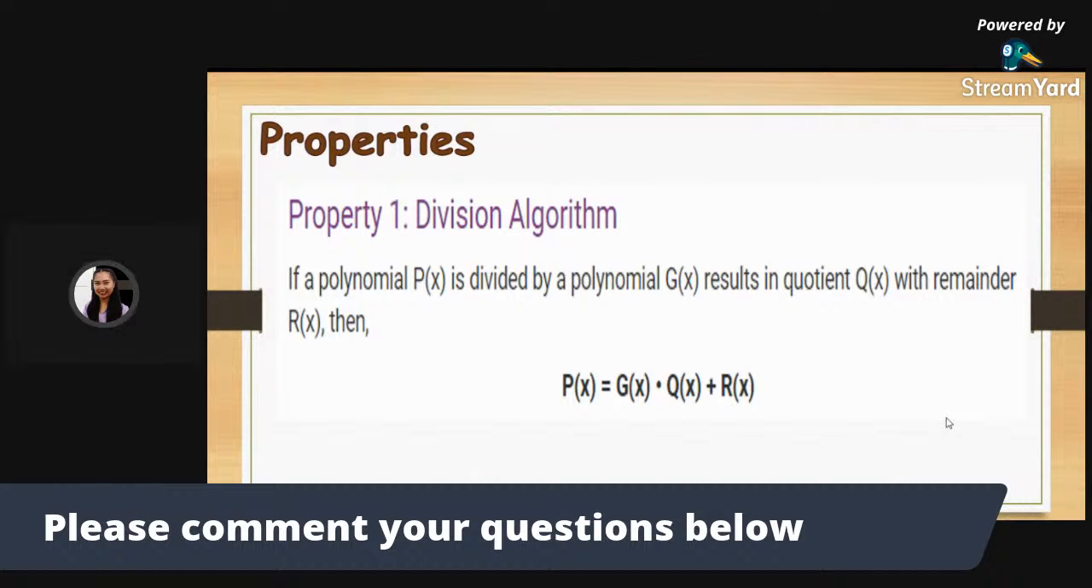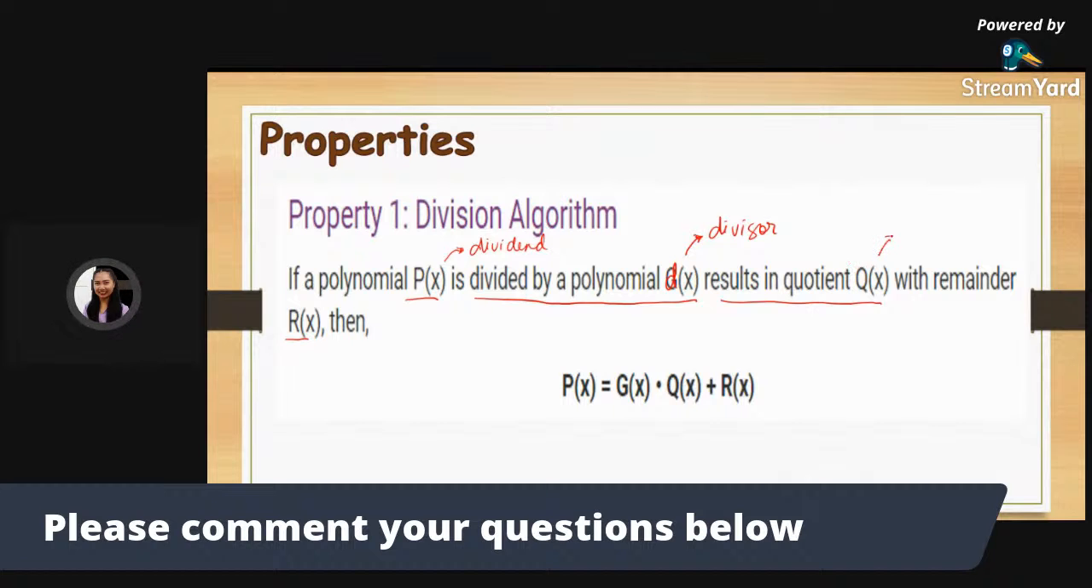Okay, so here are the properties that you have to consider or understand in polynomials. First property is the division algorithm. If a polynomial p of x is divided by a polynomial g of x, it results in the quotient q of x with the remainder r of x. Other books show this as d of x. It means that d of x is your divisor. Your p of x is the dividend